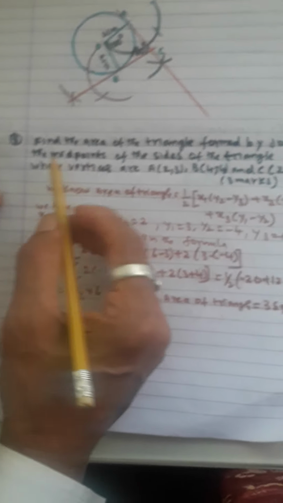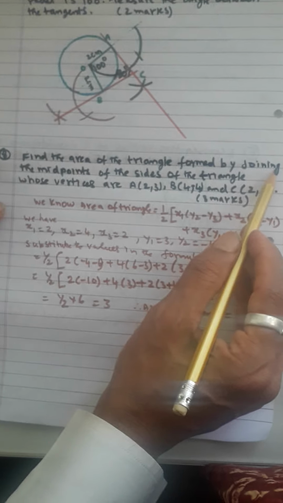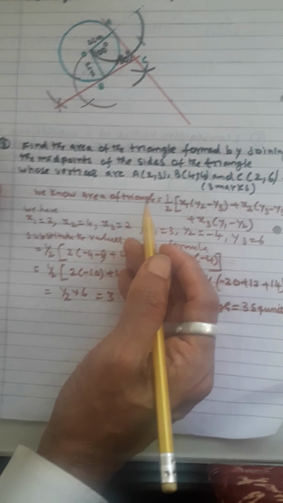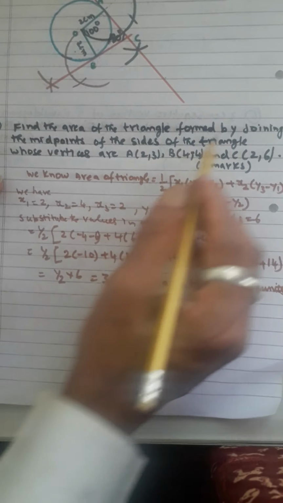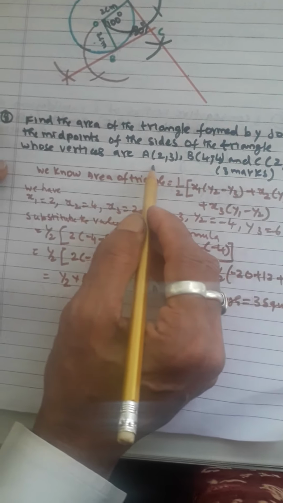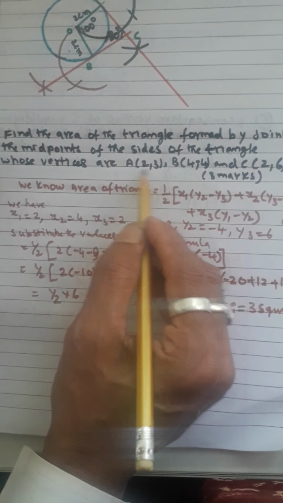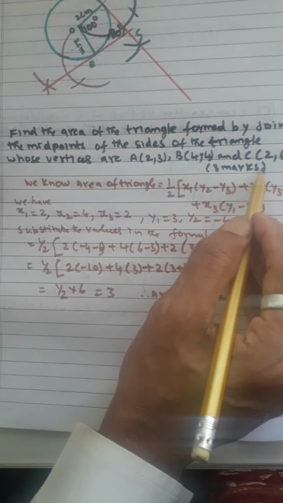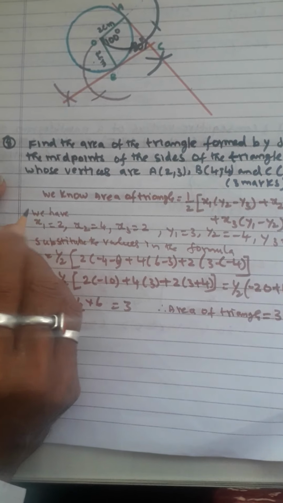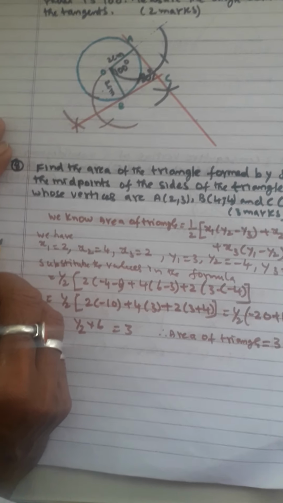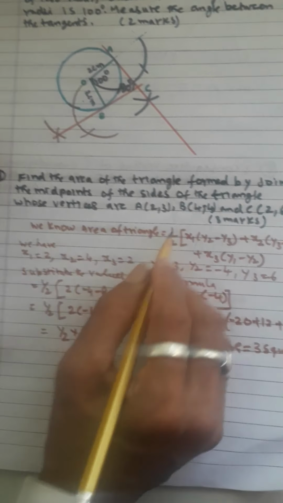The last question they are saying is to find the area of the triangle. Now area we have to find. Previously I have seen about perimeter. Now we have to find out the area of the triangle. Now by joining the midpoints of the sides of the triangle whose vertices A they given, B also they given, C also given. So this will come for 3 marks. Okay, now what are the midpoints of the sides of the triangle? You already know that the midpoints of the 3 sides they given.